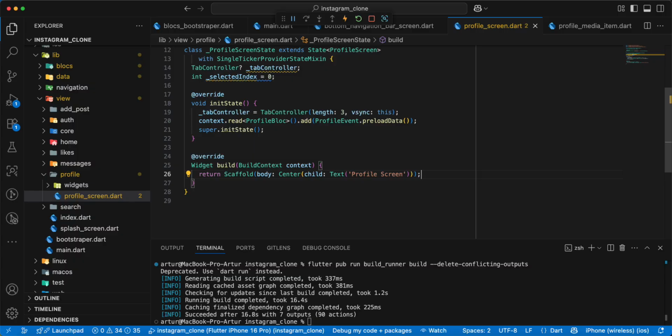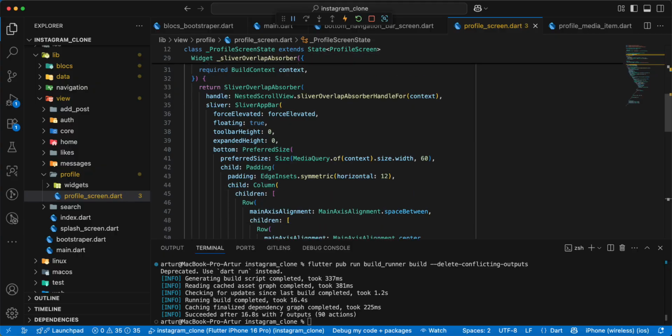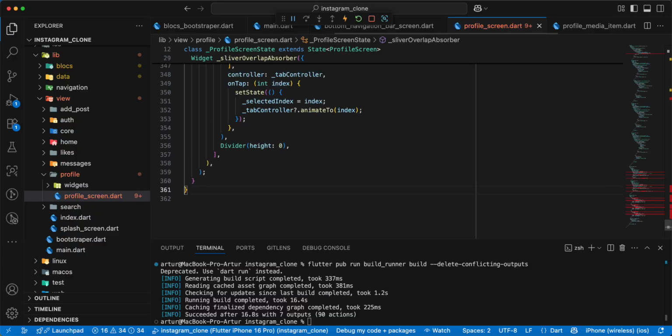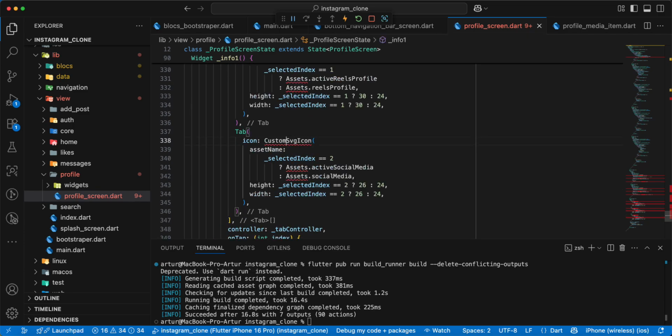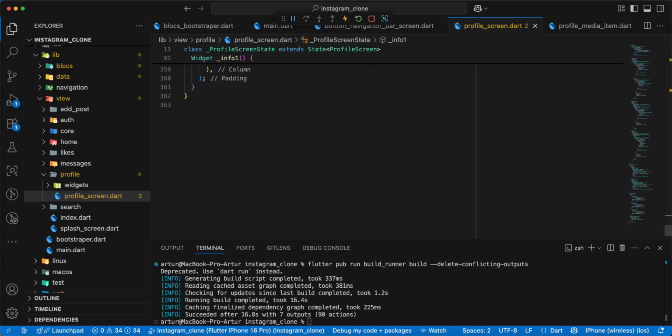and then we add widget SliverOverlapObserver, and we add widget info1, add import, save,